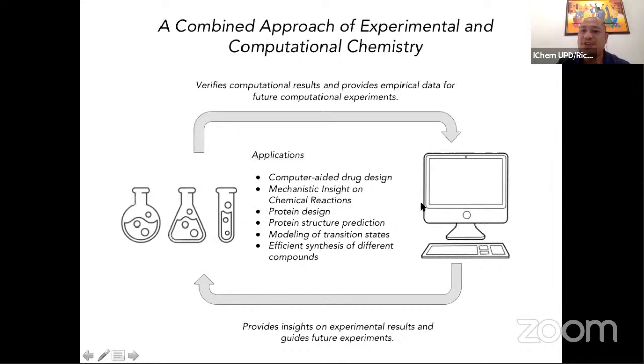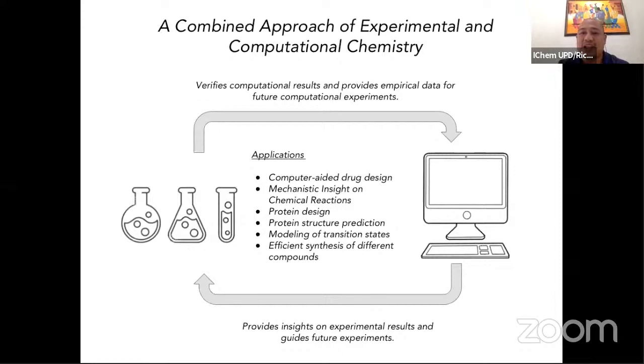So the applications for computational chemistry involve computer-aided drug design, mechanistic insight on chemical reactions. We also have protein design, prediction of structures of proteins, and then modeling of reactions, as well as how to do synthesis in a very nice way. Again, experiment to computer, computer to experiment, feedback to the lab. At least